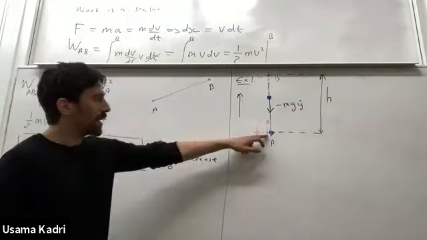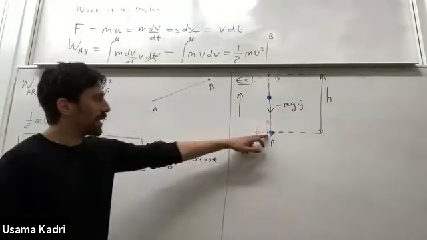But we also know from the work energy theorem that the work between 2 points is the difference in the kinetic energy. So the kinetic energy at point B is 0, minus the kinetic energy at point A,